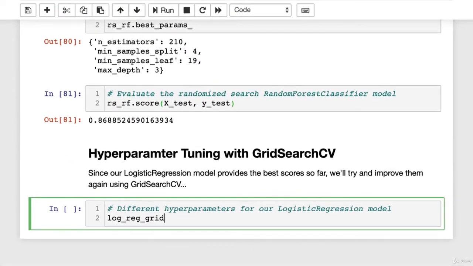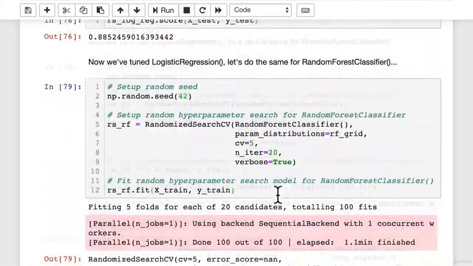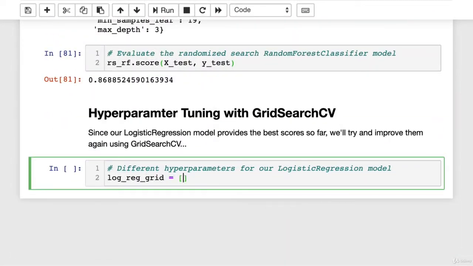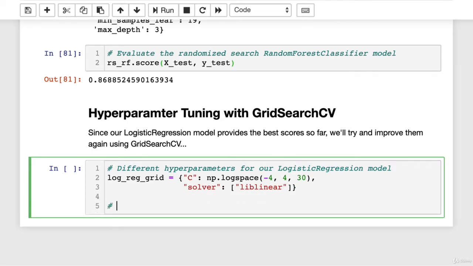So log reg grid, we've made this up here before, but we're just going to bring it down so we've got it in our line of sight. Log reg grid. So we'll just basically put in the exact same thing. So C equals np.logspace -4 for 20 different spots. Actually, we might, just for fun, increase this to 30. Because we're using grid search, why not? Why not live on the edge? Create different hyperparameter spaces that we haven't seen before. That's what life is, exploring things we haven't tried before. That's where all the fun is. So we'll go set up grid hyperparameter